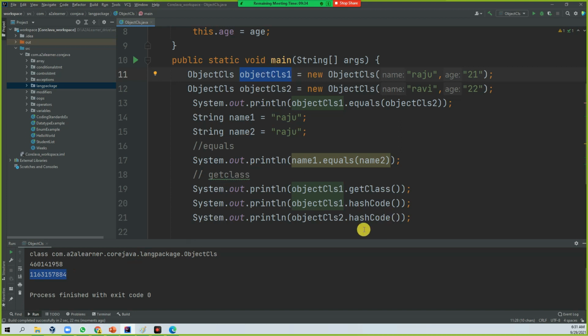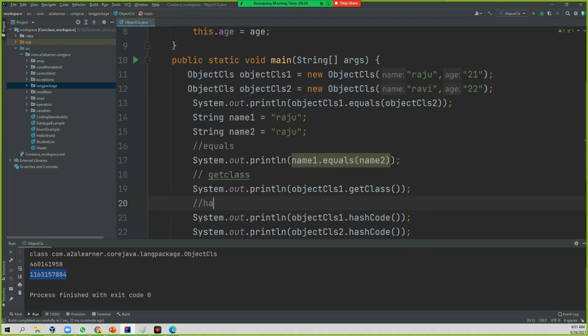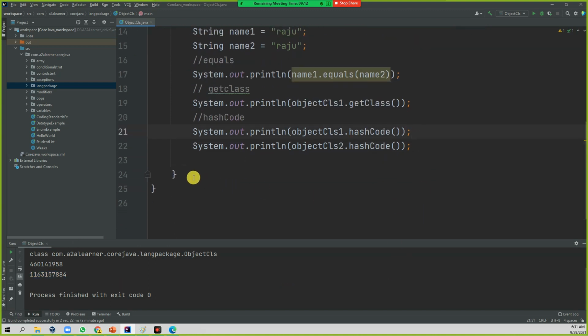So this object exists in one memory location, and the second object exists in another memory location. That kind of information is given by the hash code. You can also override the hash code. To override it, you have to create a hashCode method, and then that will be the overriding one.